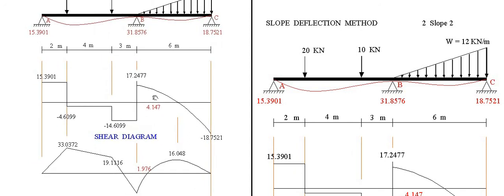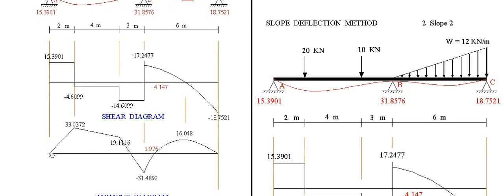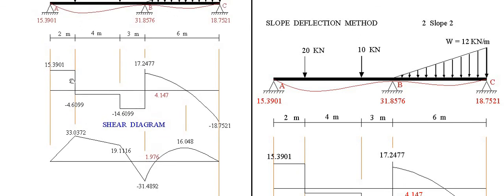Then the moment diagram: we have zero moment at A, zero moment at C. Out of this, we can draw the moment here, the moment here, the moment here, then zero here. The moment here is due to this distance. We can compute this. Now, how to solve these values is a topic under strength of materials, so I will not explain this anymore.